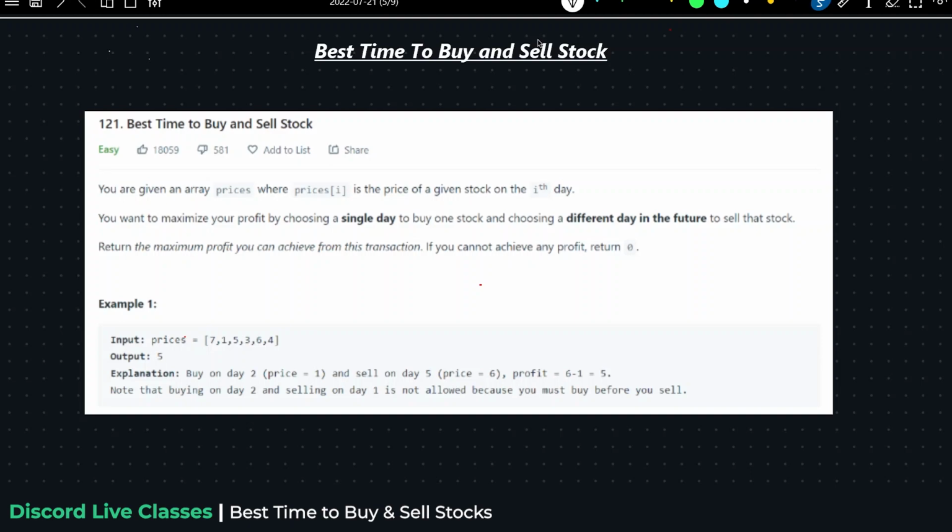Anyone else? Sir, first we will find the lowest number in the array. Then we will take the index of that number separately, and from that index onwards, on the right side, we check what is the highest price, and if there is any higher price, then we will sell there. Good. Excellent.